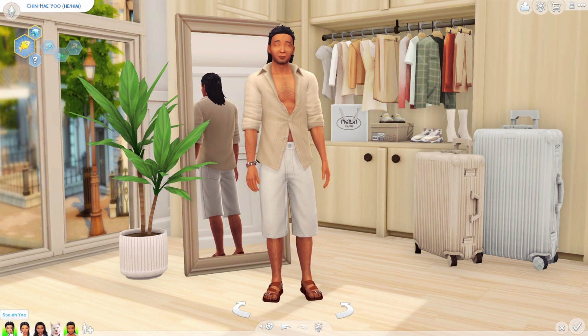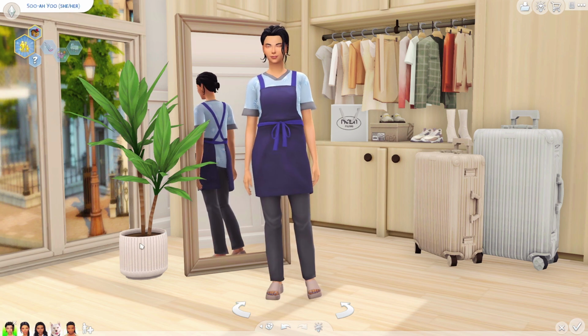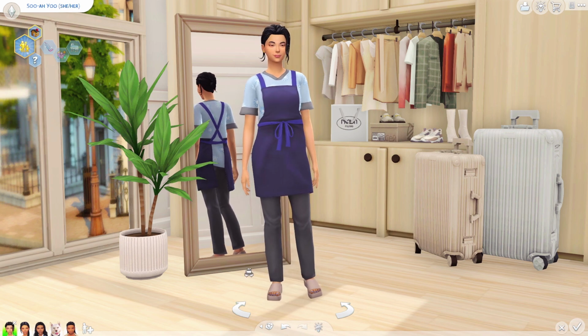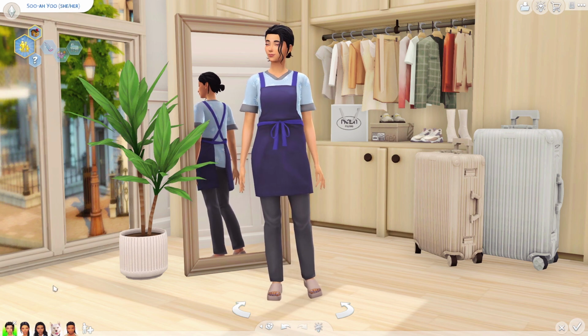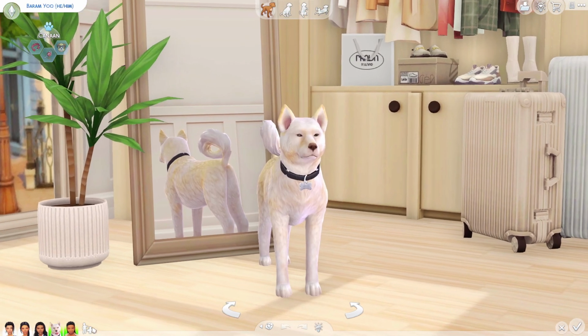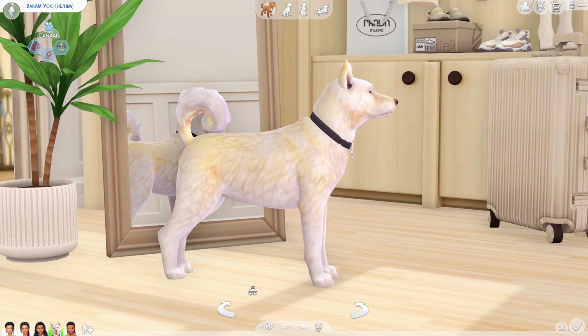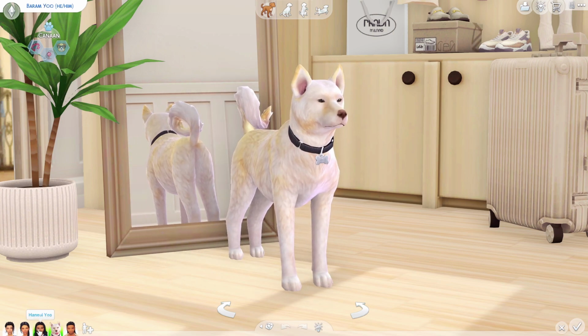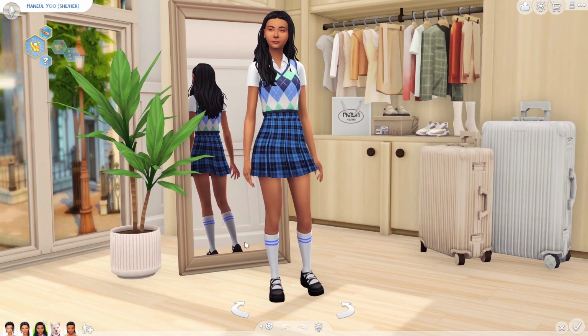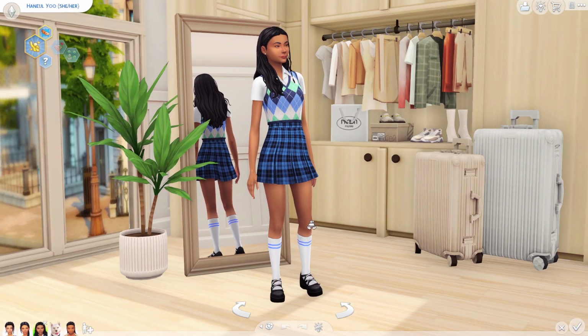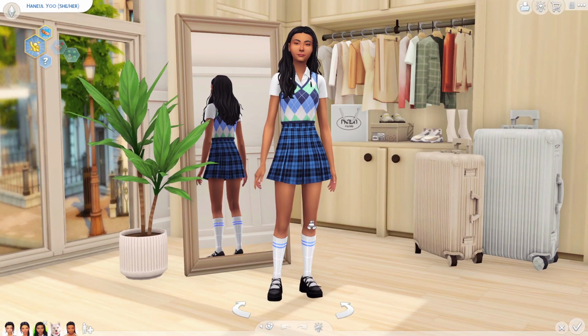And then the wife or the mother, her name is Soayu. She is the mega mom that gets everything done and makes sure the house stays in order. They do have a dog. Their dog's name is Baram, and I think he is adorable. Oh my gosh, I'm obsessed with his curly tail. And then this is our heir's little sister, Hanul. She is a teen going to a private school. That's why she has a uniform on.